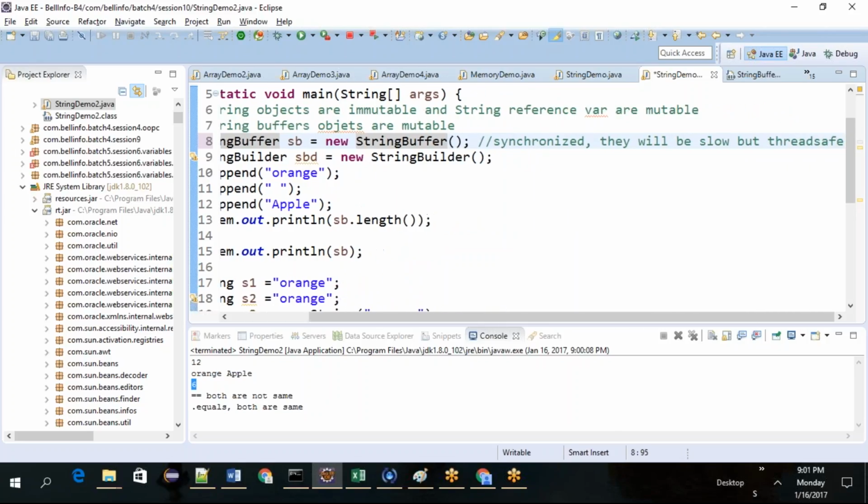We haven't discussed these two topics, so I'm not going deeply. So what is the difference between StringBuilder and StringBuffer? StringBuffers are synchronized and they are slow but thread safe. How about StringBuilder? Not synchronized, faster but not thread safe.